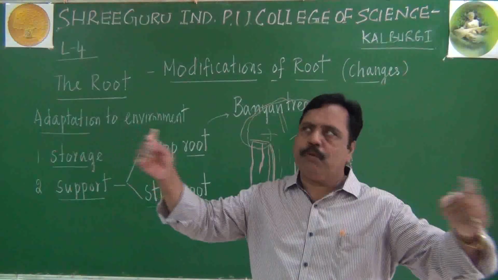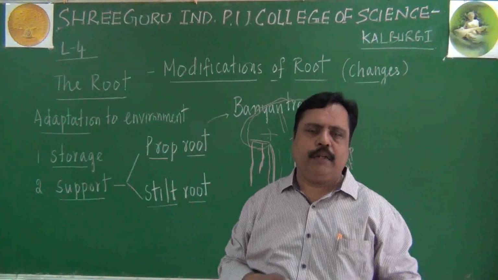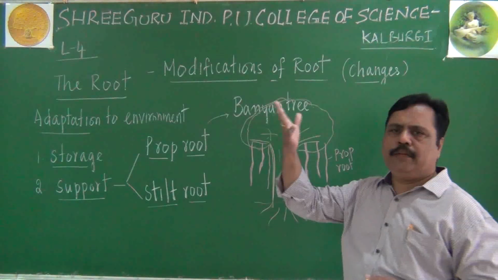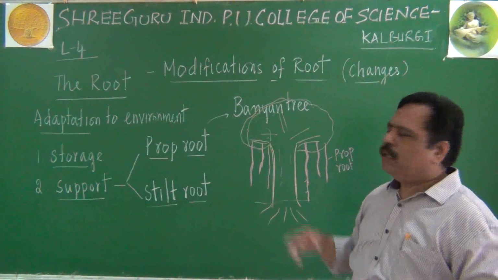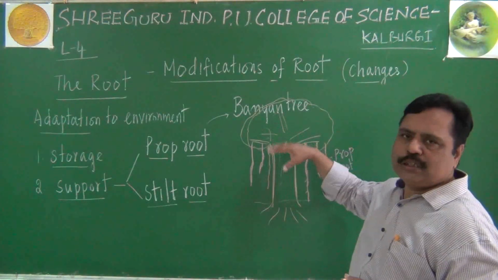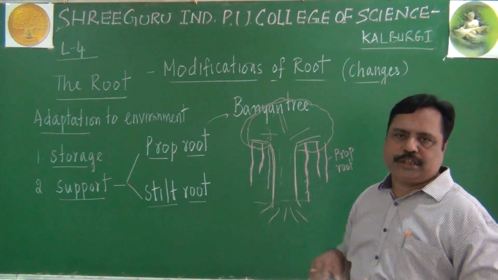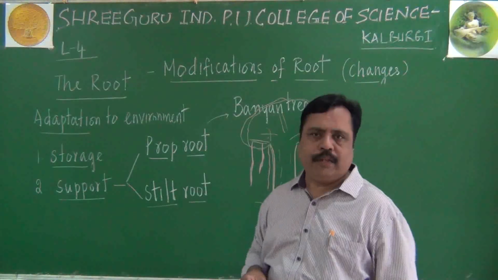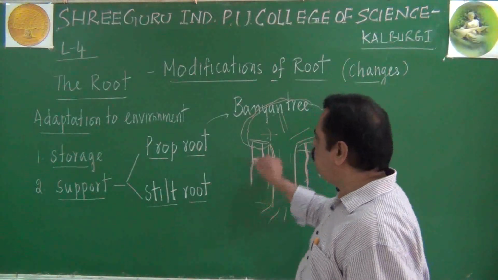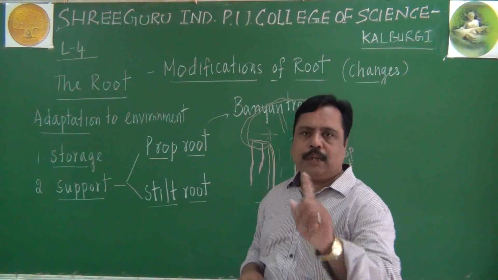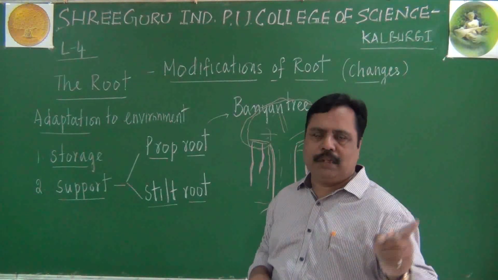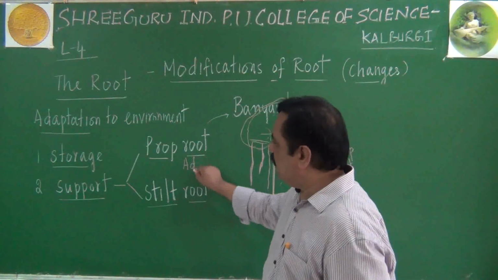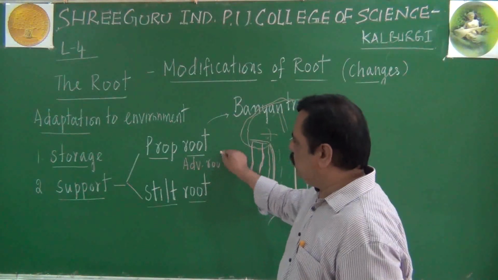So because of that support, they can spread widely. Because of that wide spreading, they can produce large leaves, a large number of leaves. Those leaves can undergo photosynthesis, they help for food production. So this is called prop root. Remember students, prop root does not come under taproot system or fibrous root system. It is an example for adventitious roots, remember.